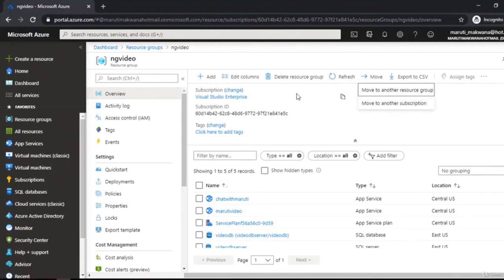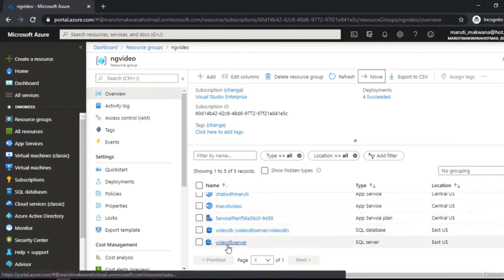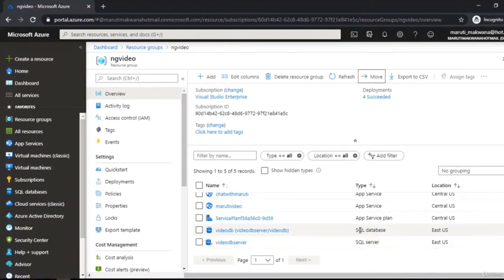Not only that, if I want to delete a resource group, it is automatically going to delete all the resources which are there inside that. So it saves me a lot of time, that I don't need to go to each and every individual resource and delete them. I can delete a resource group which will delete multiple things, and also it's going to take care of the dependencies. It means if you have resources which are dependent on other things, like I have a SQL server and it has a database inside that. So it's an obvious reason that I have to delete the database first and then I can delete the full server. But when I delete a resource group, I don't need to worry about the dependencies of my resources. My delete resource group option is going to take care of all the dependencies.